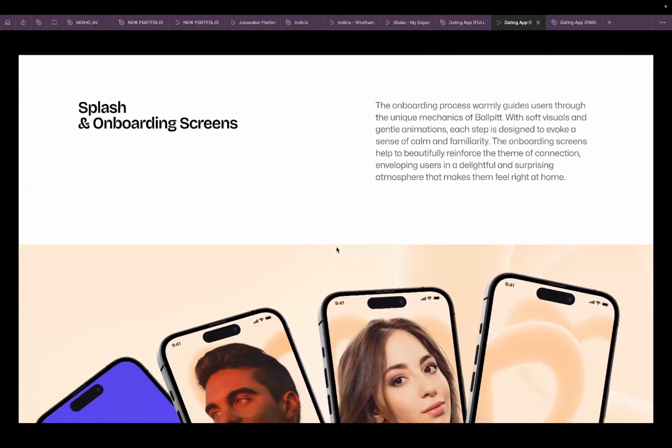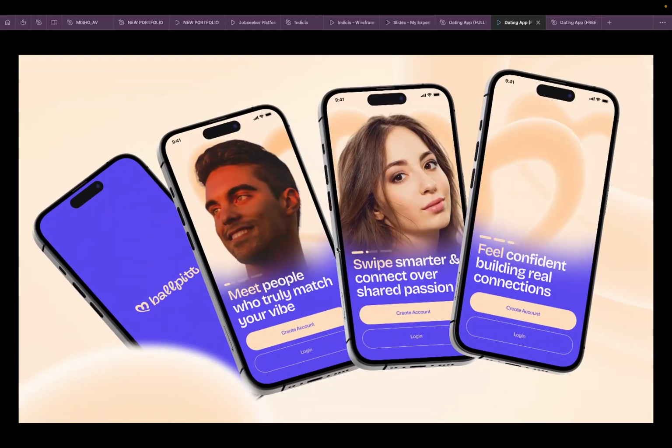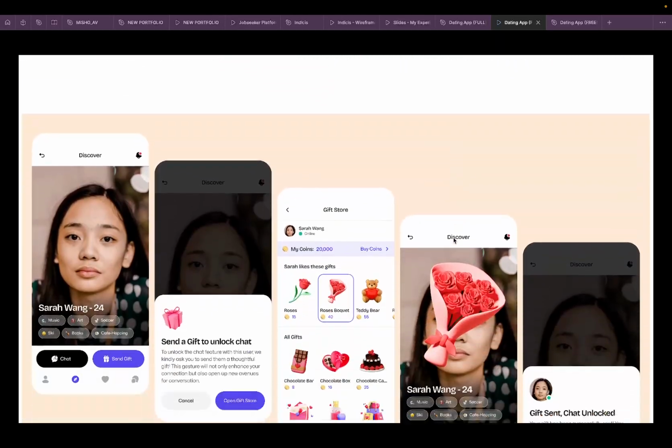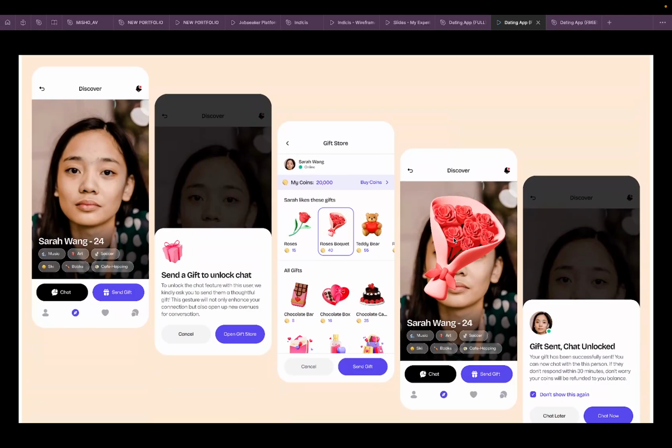So let's just quickly scroll. These are the onboarding screens. Then the create account and also account setup process. Then here's where the gamification and the whole idea of monetization comes in, because one of the fundamental things I wanted to do for this project is that, compared to other personal projects, where I don't really consider how the product is going to work in real life in terms of how it's going to profit the company, for this particular one, I tried to factor it into this product and make it work. So I'm just going to show you all of that and you will get to understand where I am coming from. So first things first,